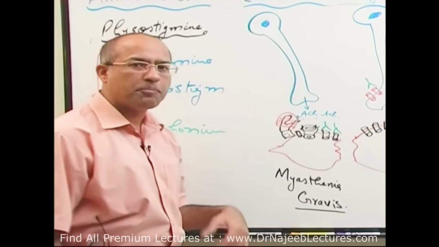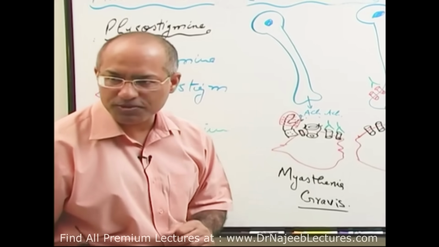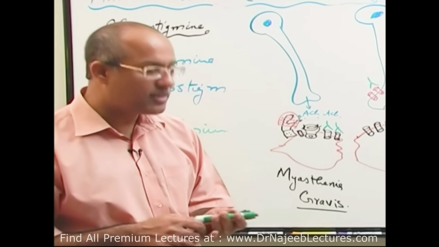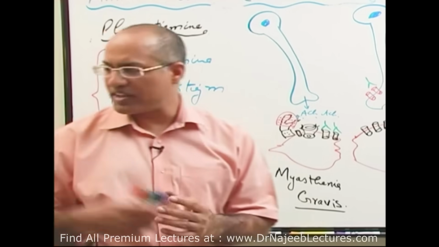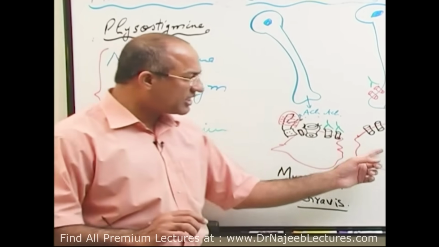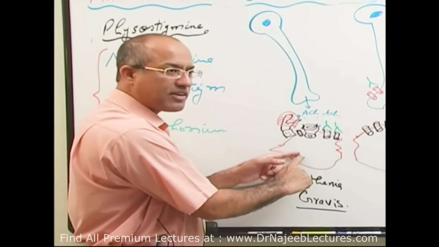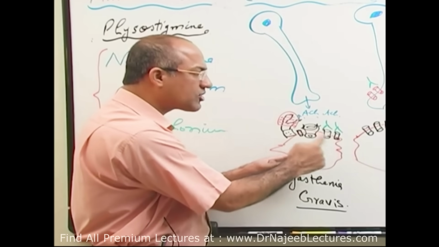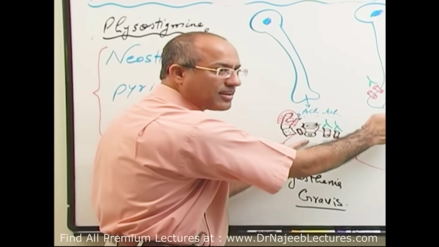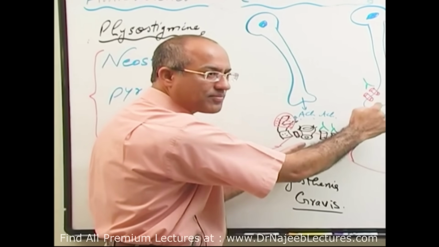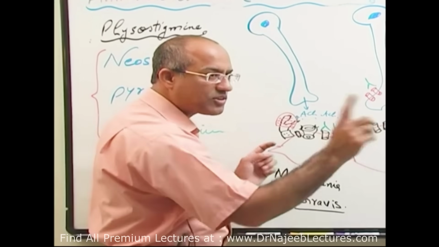So both of them are myasthenic syndromes. This is myasthenia gravis. What is the name of this condition? This is called a very funny name. Let me tell you, let's imagine a situation. In these two conditions, there is some difference. I have not told the name, I will tell you later. In myasthenia gravis, the post-junctional membrane has an autoimmunity attack. In this condition, the pre-junctional membrane has a problem, right? This is one thing. Here muscles are weak, there also muscles are weak, but there is one difference.